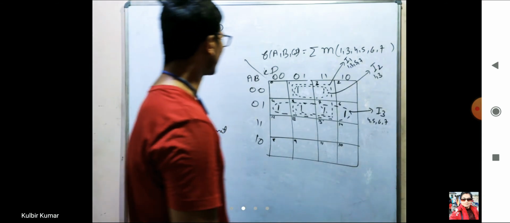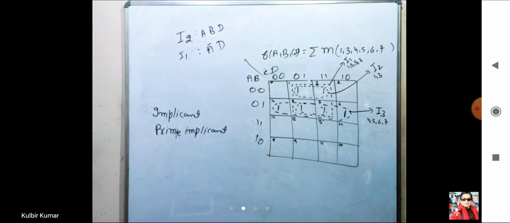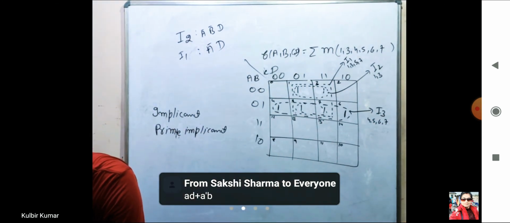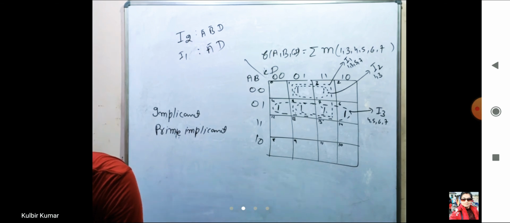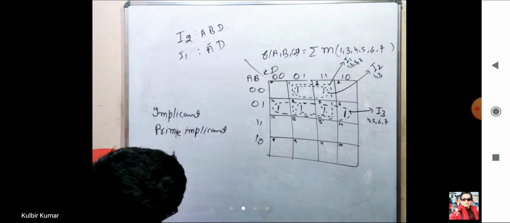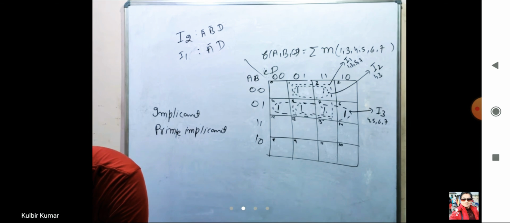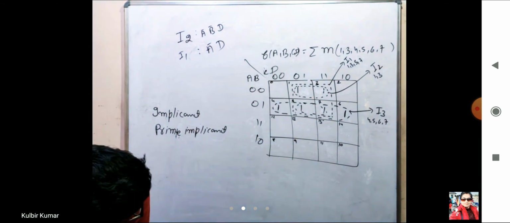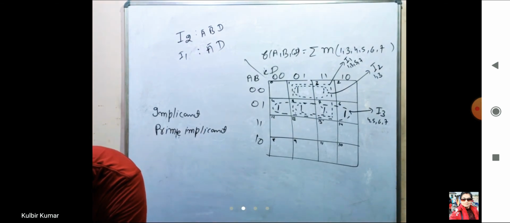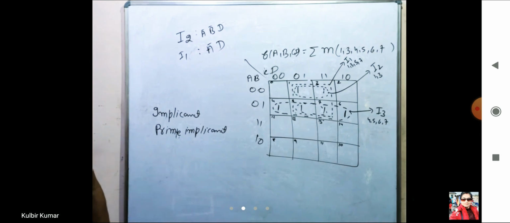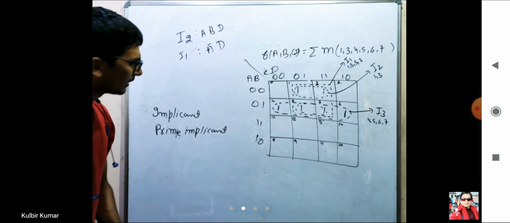Oh, okay, forget about that thing. Somehow you have to take prime implicants only. Yeah, that's right. A complement, B complement D, AD plus A complement B. I'm not getting this thing. AD plus A complement B. Yeah, might be you are finding for that. AD and A complement B. No, it is something else.